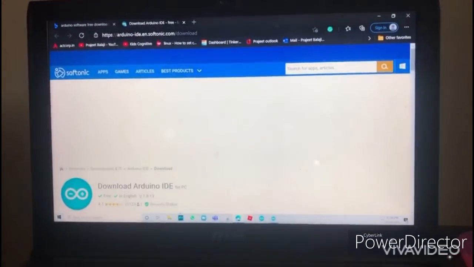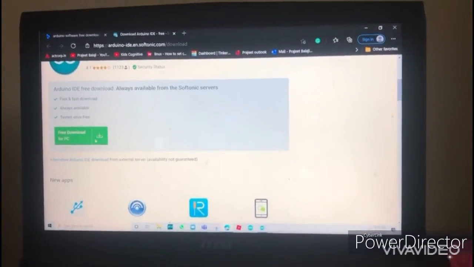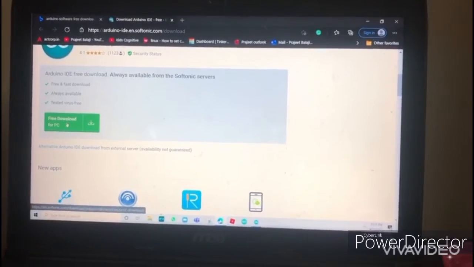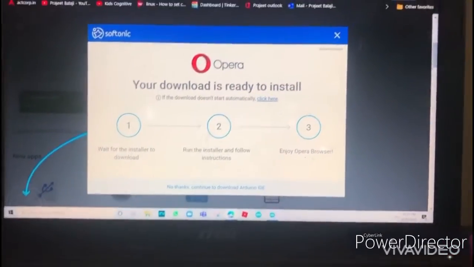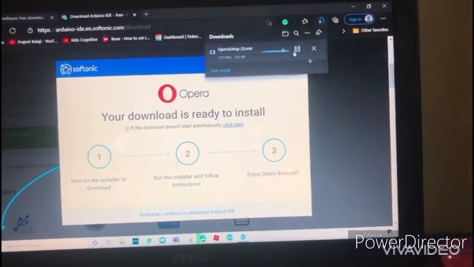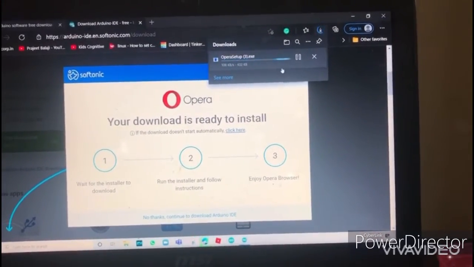Click on this one, the first one which lists up, and click this. When you click it, take here and it will download the file.